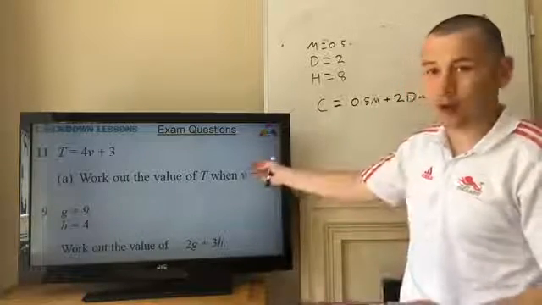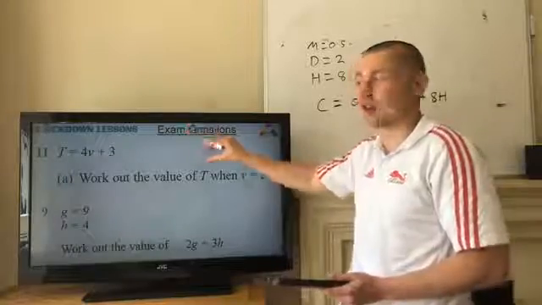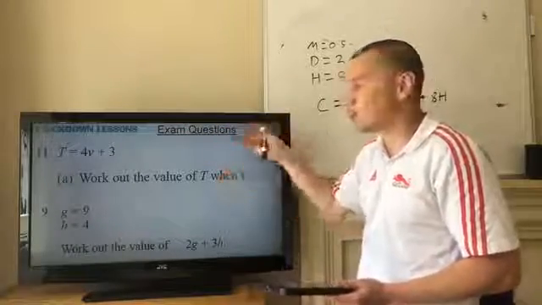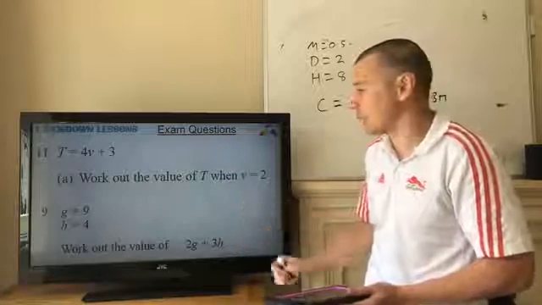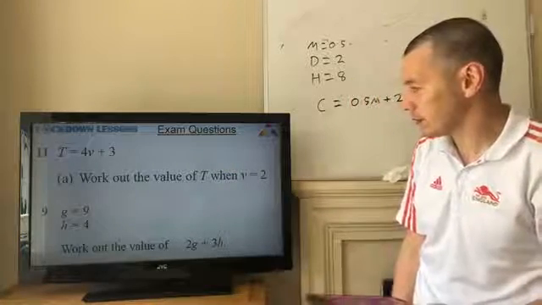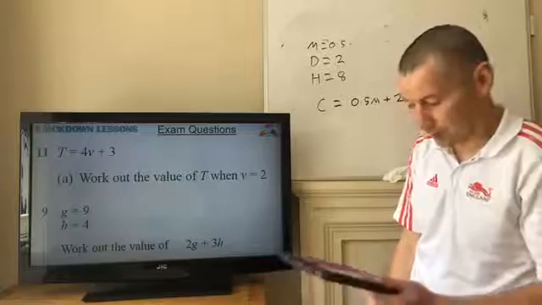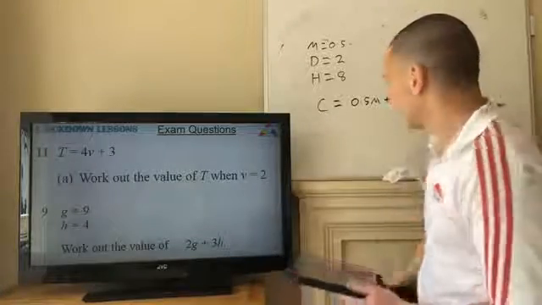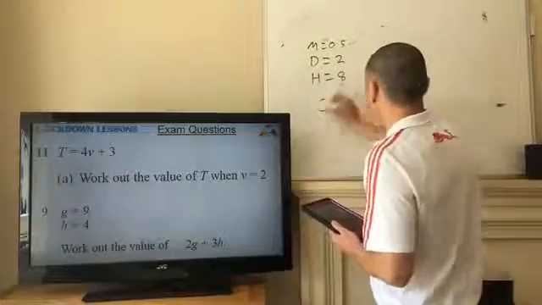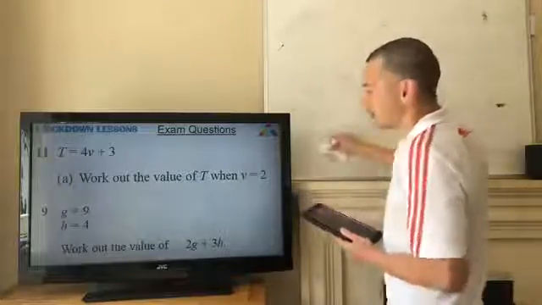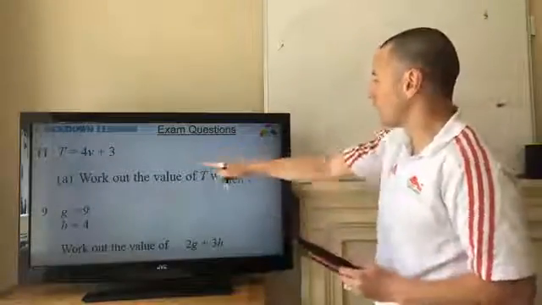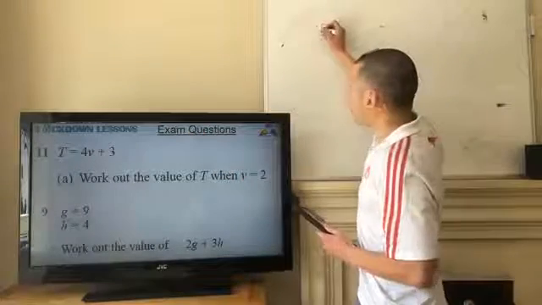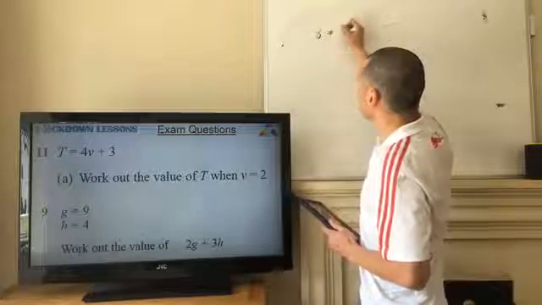You can see this first one is probably a lot easier than the ones we'll be doing in the grid, and this is a proper GCSE question from, I don't know, a couple of years ago or something like that. Okay, we'll just look at these to finish with, and trust me, there are some more difficult ones on the sheet you've done. So the first one here, we're doing 4 times 2, which is 8, plus your 3 on,